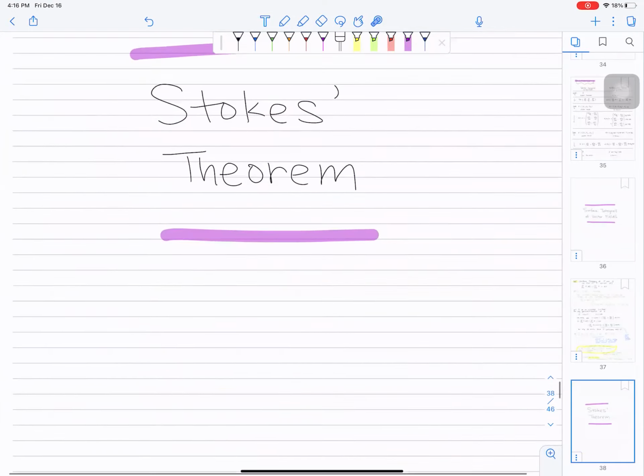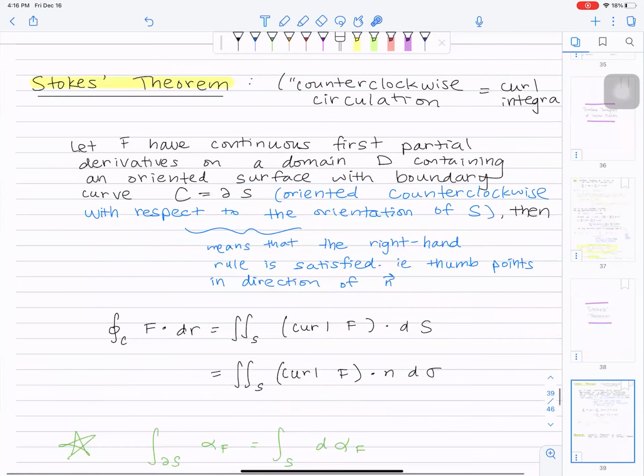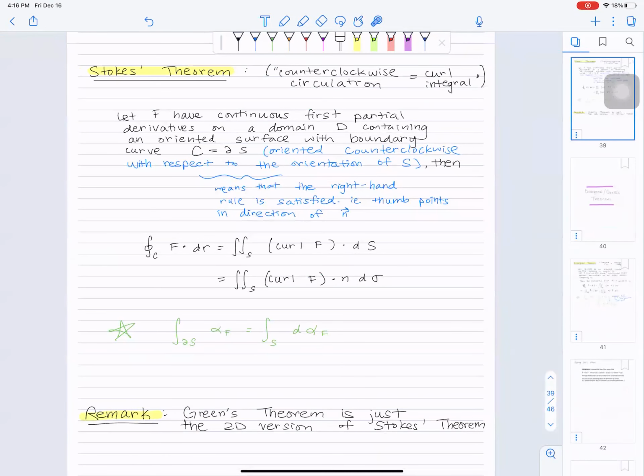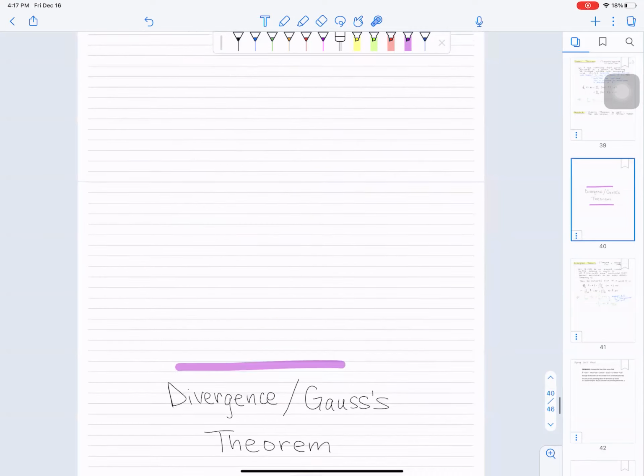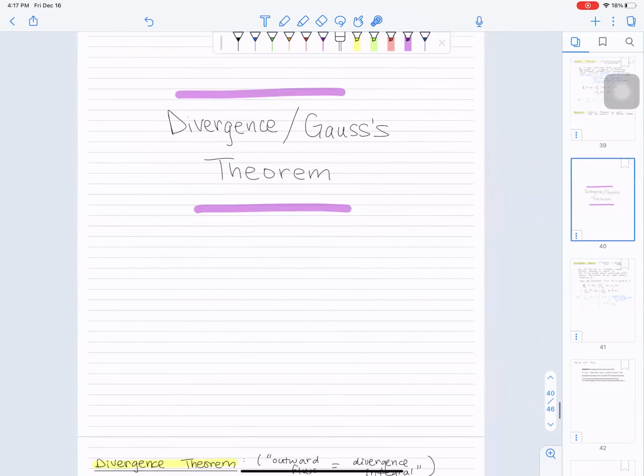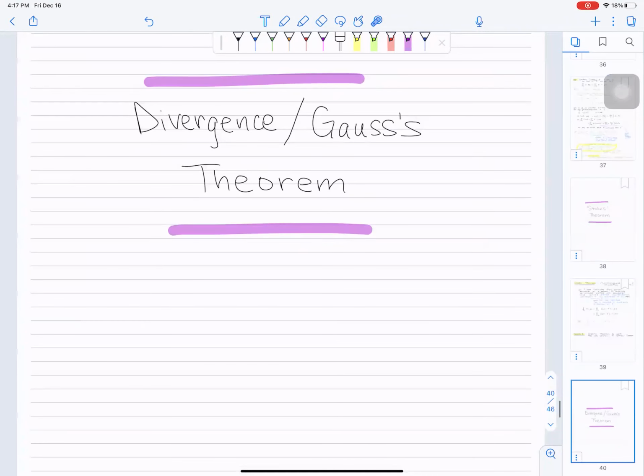So quick thing about Stokes. What is the formula for Stokes? It says that the integral of alpha over some boundary equals the integral of the derivative of it over the actual surface. And this is the general formula. If you do it in 2D, Green's theorem is just a 2D version of Stokes' theorem. Okay, so I didn't put any examples here, but I'm sure there's lots of examples in the practice problems and